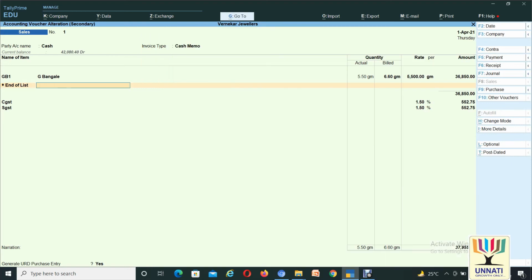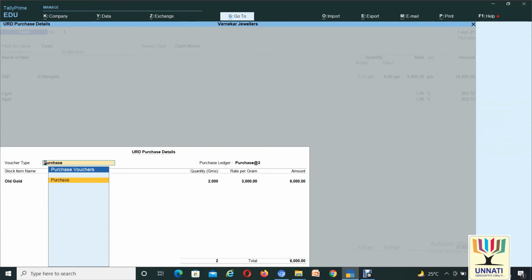And calculate GST for that item. Enter. This screen is very beneficial: URD purchase details. URD means unregistered. When you sell an item to a customer, that customer may give some old gold.